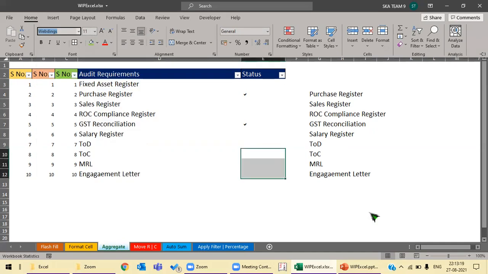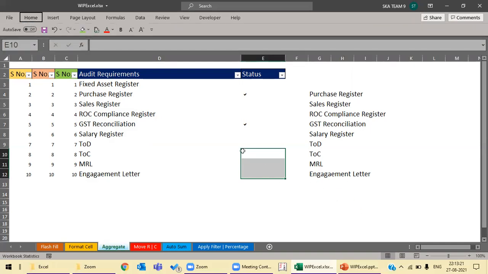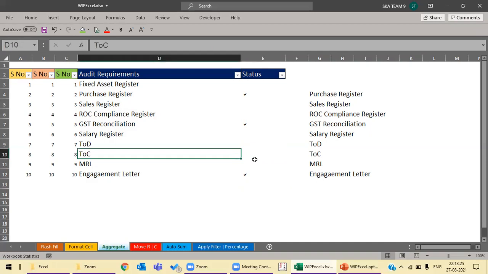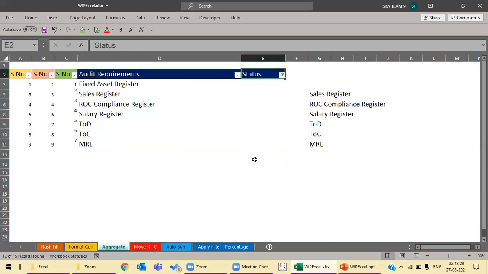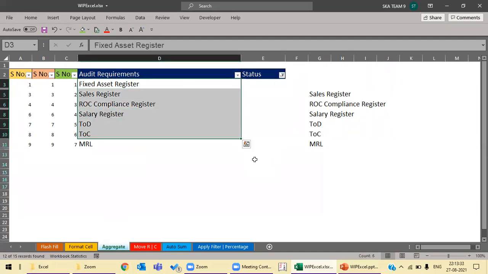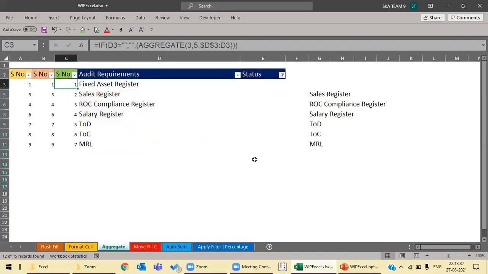You just select these three documents, which have been received. You can then filter those out, and only the pending documents remain, which have to be sent to the client or discussed with the client as to why they have not been provided.